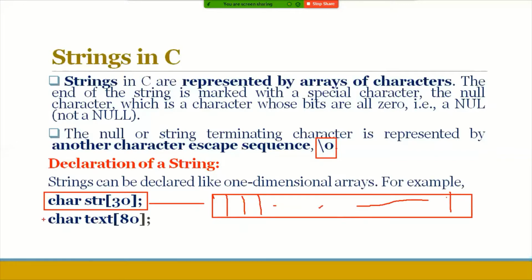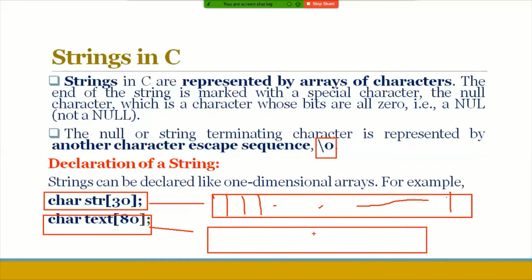In the case of char text[80], the compiler allocates memory, and a total of 80 locations will be allocated. Here all these elements will be of character type, and str and text will be the string names.